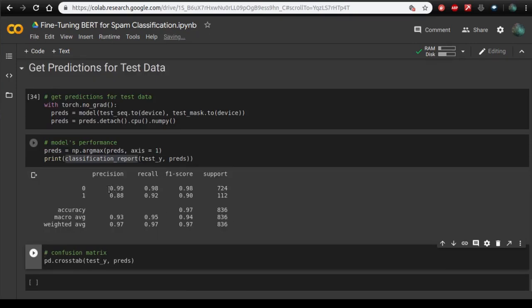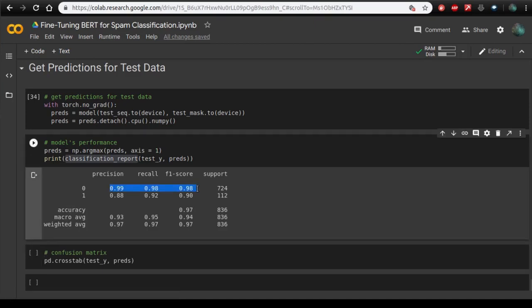So let's check out the performance of this model. If you look at class 0, both precision and recall are pretty high. Class 0 was the majority class, but we were more concerned about the minority class, that is spam messages, or class 1. And if you see, the precision is pretty good, and the recall as well. So this model has done a pretty good job on a very small data set of just 5,000 observations, and this is, I think, the best performance I have seen on that data set till now. And the combined F1 score for both the classes is 0.94, which is pretty good.